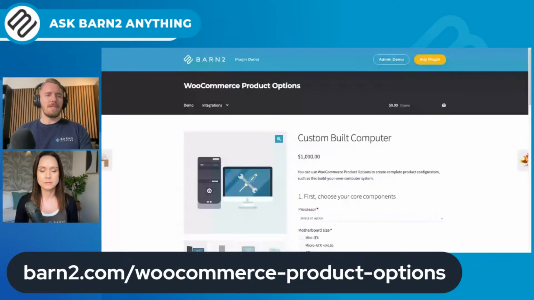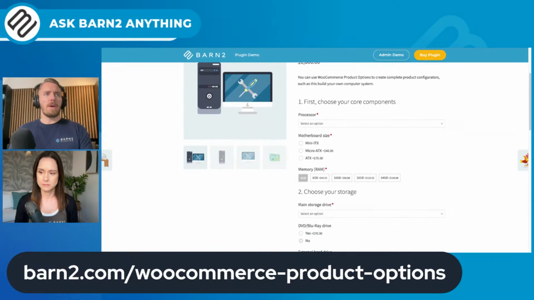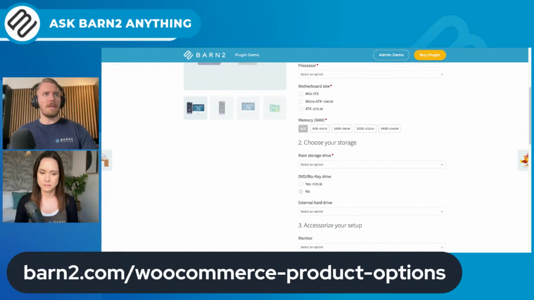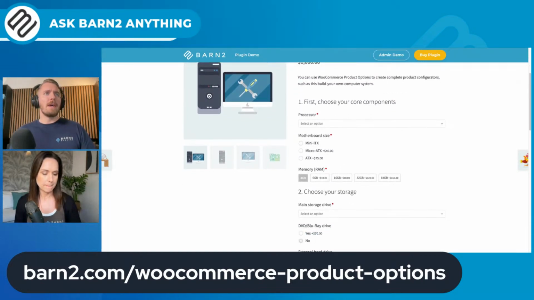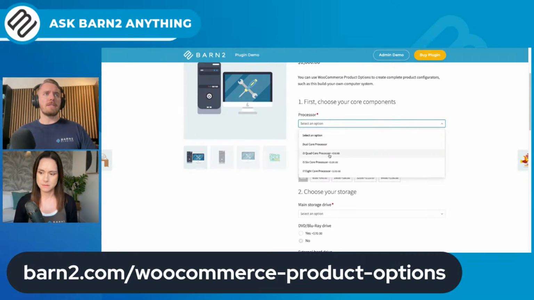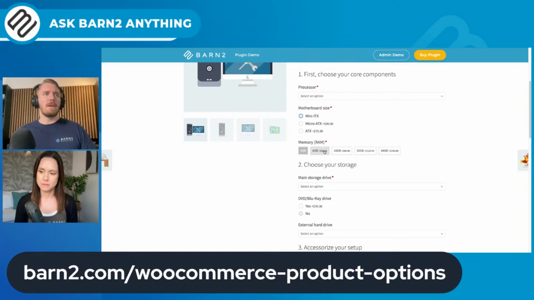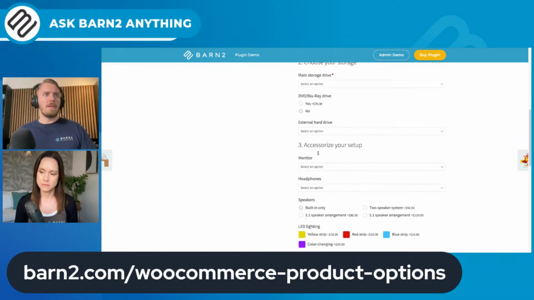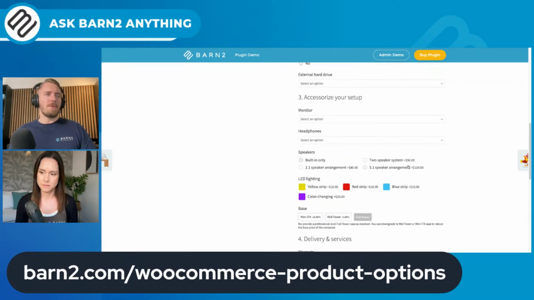So WooCommerce Product Options, one of our most popular plugins, definitely at the moment, and with good reason. It allows you to add all of these different kinds of options, which kind of replace the variations within WooCommerce. So they're add-ons. Normally, you would have something like this, a drop-down list in WooCommerce, but with our plugin, you can add radio buttons, text buttons, color swatches, checkboxes, upload fields for files, and